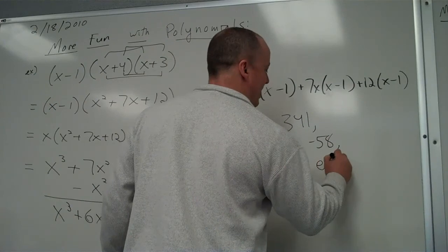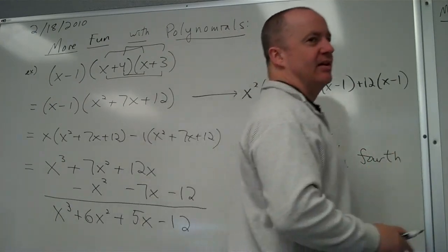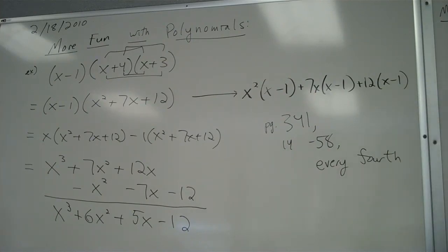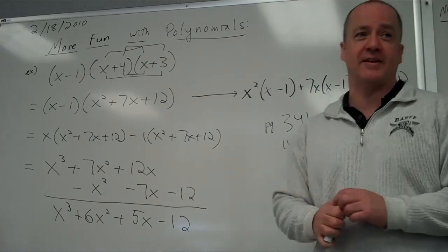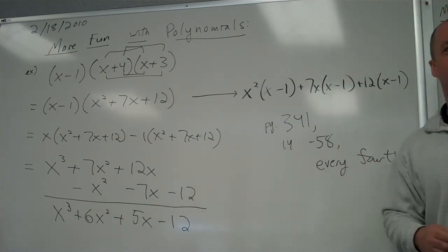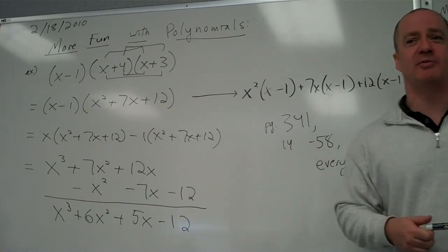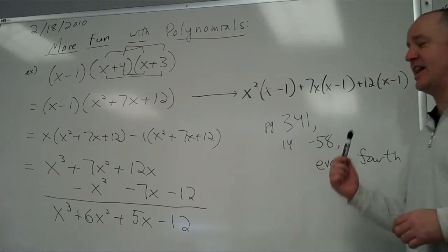And here's a little bit of an arithmetic challenge for you. Every fourth. So that's 14, 18, 22, 26, 30, 34, 38, 42, 46, 50, 54, and 58. Wait, what's the page again? Oh, page 341. And there's a typo on the study guide online. It says 15. It's supposed to be 14. Oh, so 15 to 58 every fourth would not